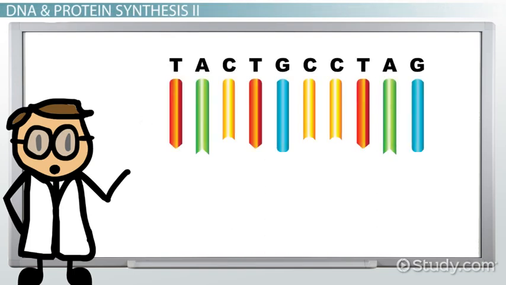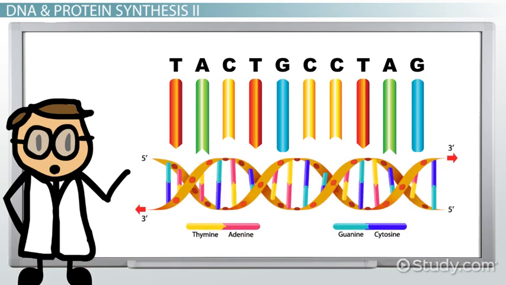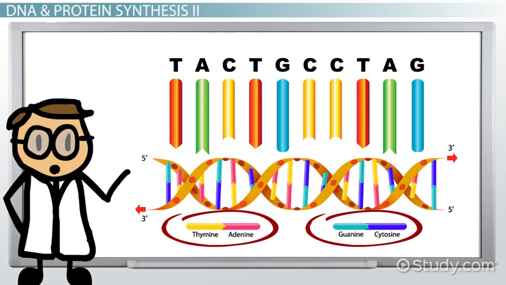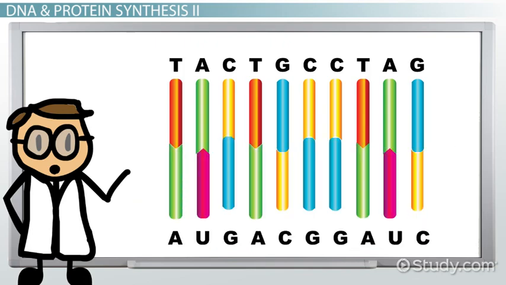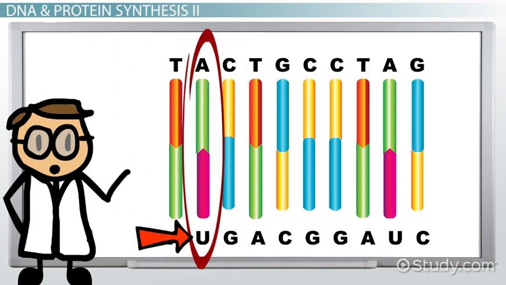Suppose one side of our DNA molecule contains the following sequence of bases: TACTG-CCTAG. If we follow the pairing pattern of DNA bases, A with T and C with G, we can build the following mRNA molecule: AUGACGGAUC. Notice how in mRNA, cytosine and guanine still pair, but uracil, which is represented with a U, replaces thymine